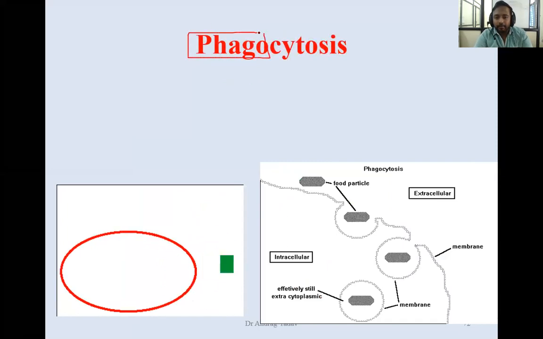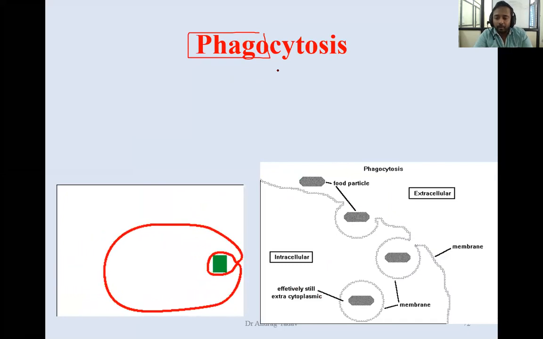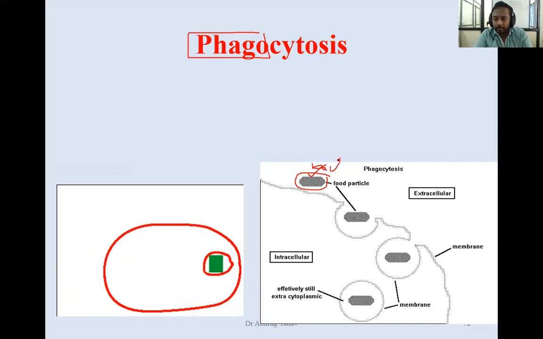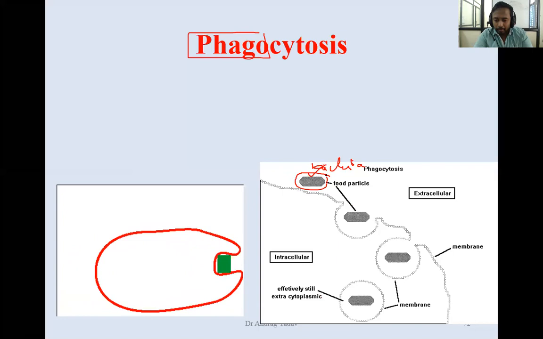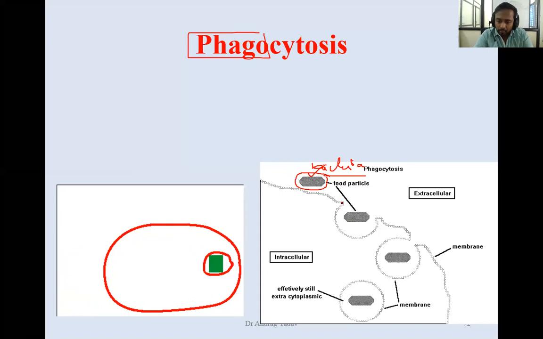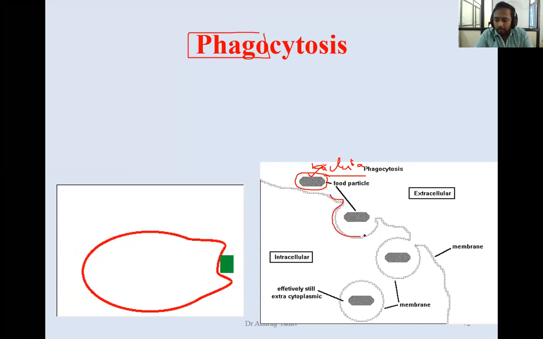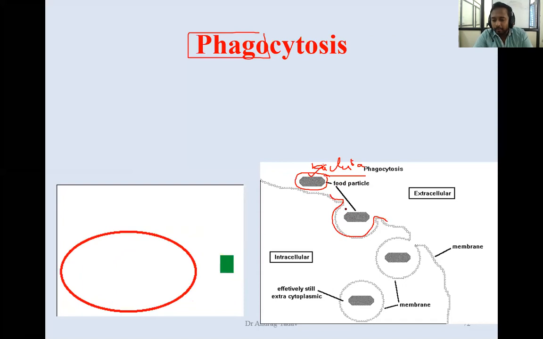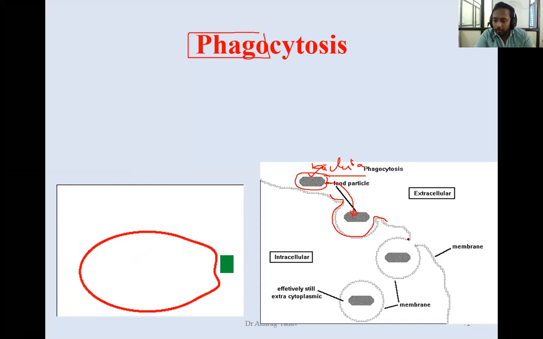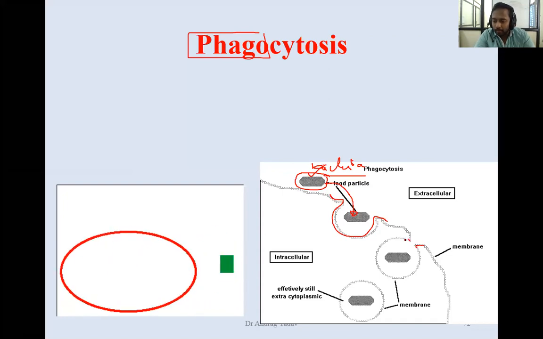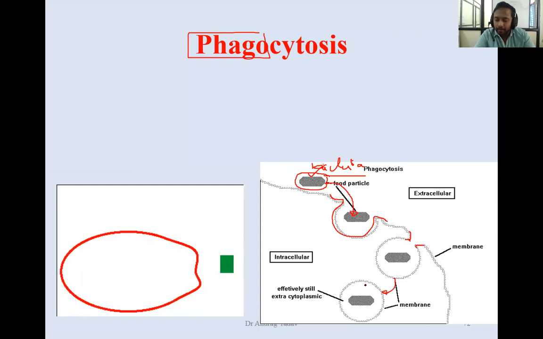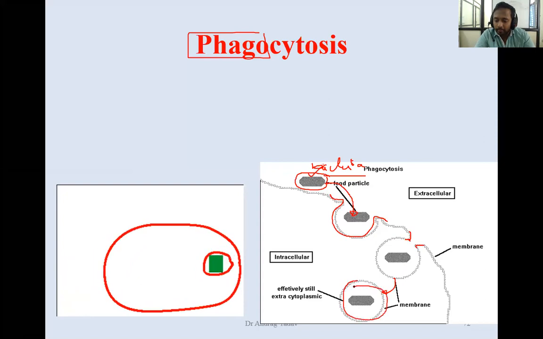Phagocytosis means you replace this fluid by a hard component, for example a food particle or a bacteria. Okay, a food particle or a bacteria is engulfed into the cell. You can see here also there is formation of a small dip in the cell membrane, in such a way that this food particle can be captured in that pocket. Then slowly the pocket will pinch out. Yes, there is pinching of this pocket, and then it becomes an integral part. It is engulfed into the cytoplasm with the plasma membrane intact.